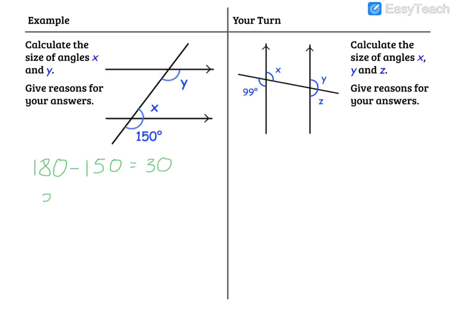So x equals 30 degrees because they are on a straight line. Good, and then angle y is going to be simpler, I think,